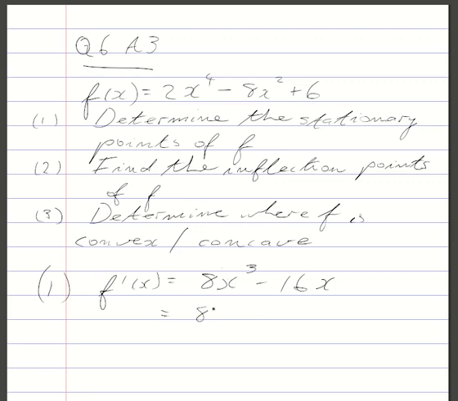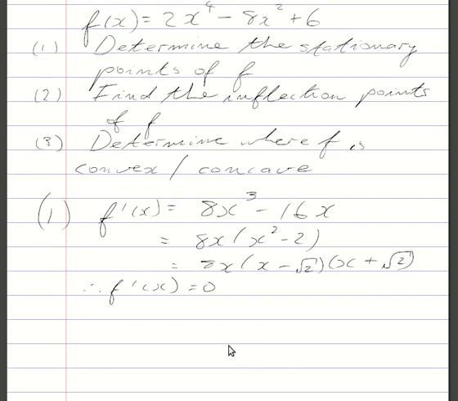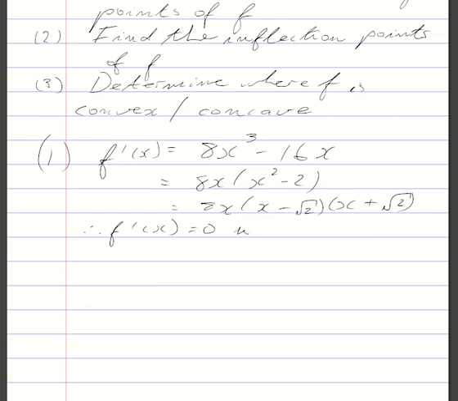This fortunately factorizes quite easily, and we get 8x times x minus square root of 2 times x plus square root of 2, and we can come to the conclusion that the derivative is equal to 0 whenever x is equal to 0 or x is equal to minus square root of 2 or x is equal to